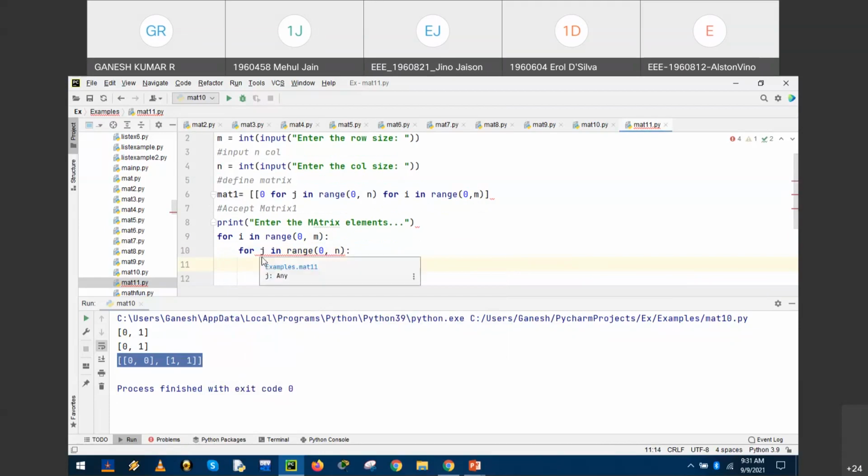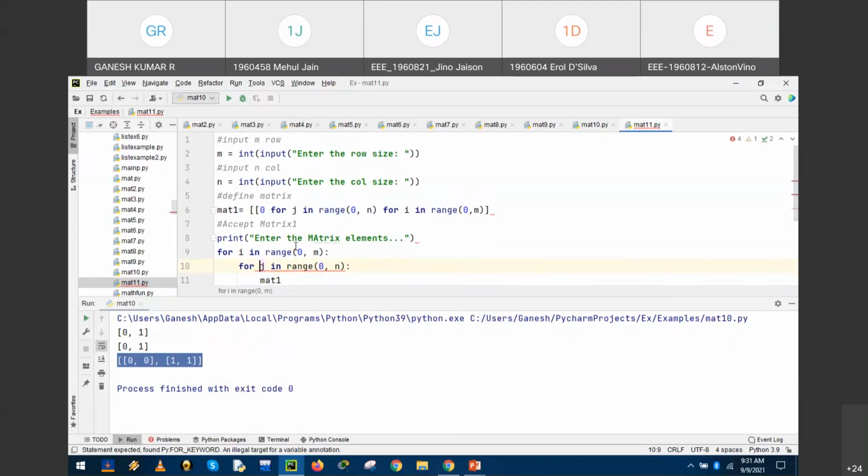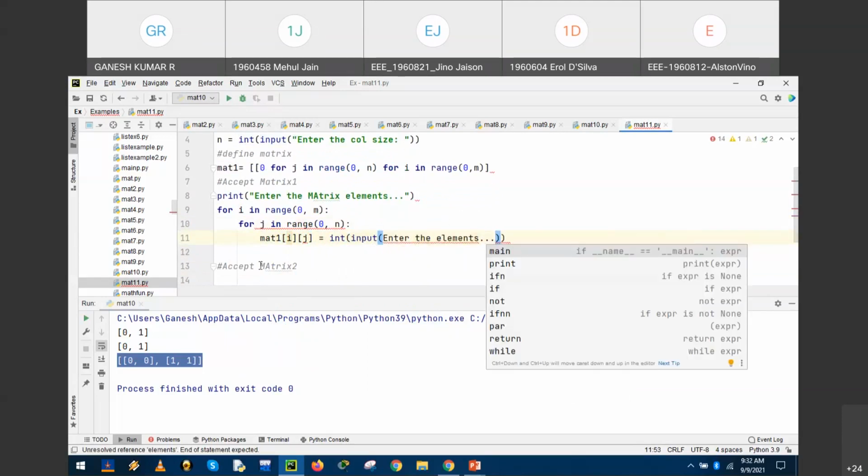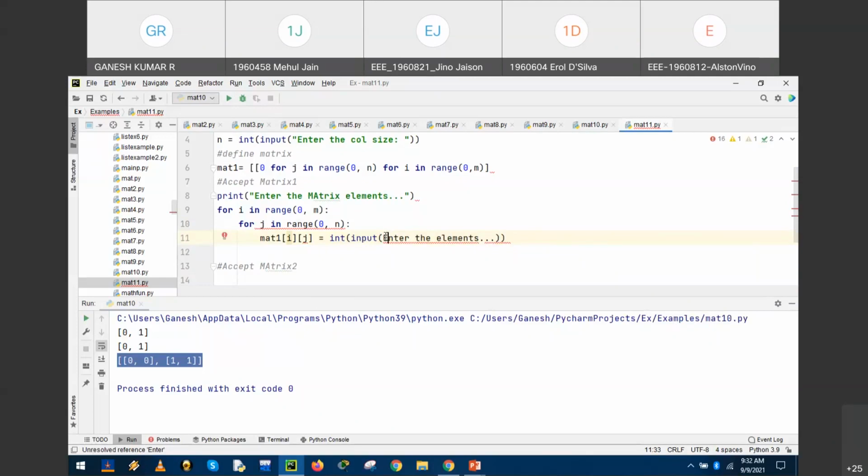Any mistake? Right. We'll see. Errors we'll check at the end. Matrix 1 of i, j is equal to int input, enter the elements, right? So we missed the